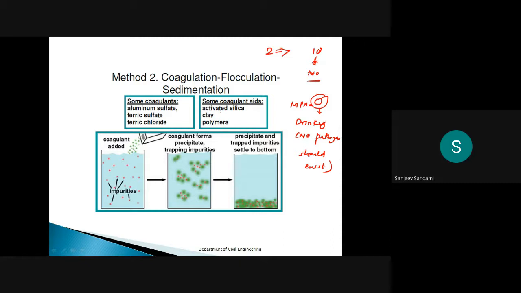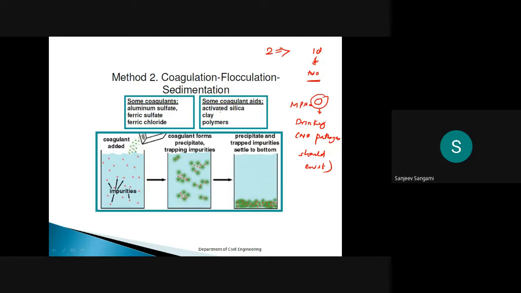Normally, if surface water is there, definitely you have to go for the bacteriological test. Always remember that if you are targeting river water, then go ahead with all these bacteriological tests, and you have to find out the physical, chemical, and biological characteristics.